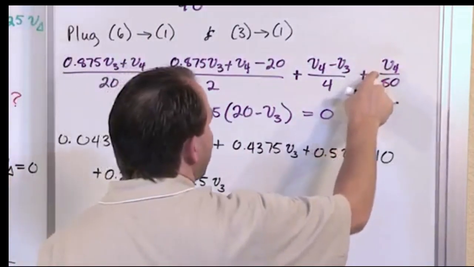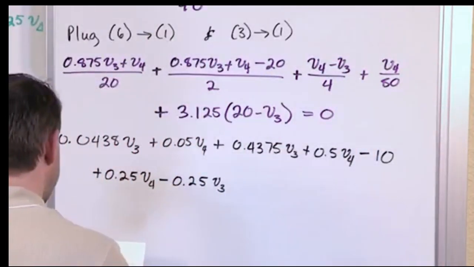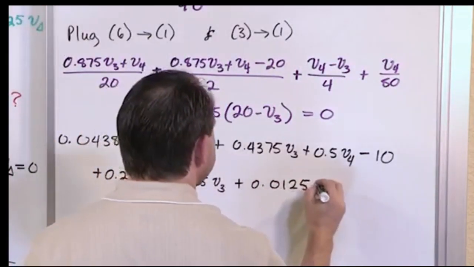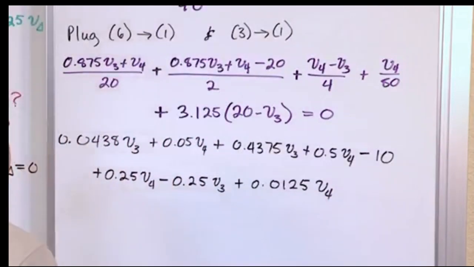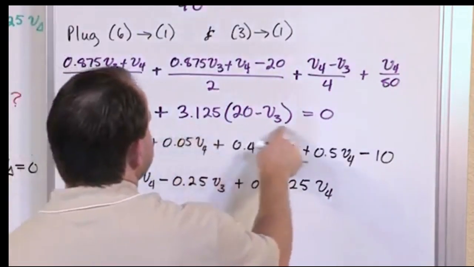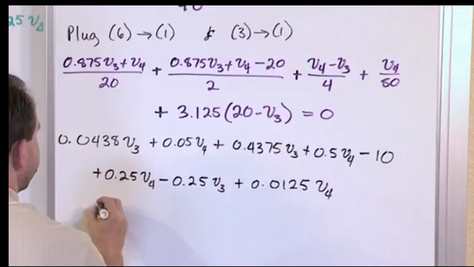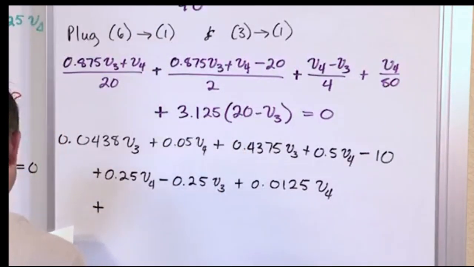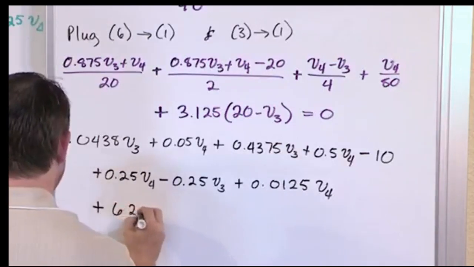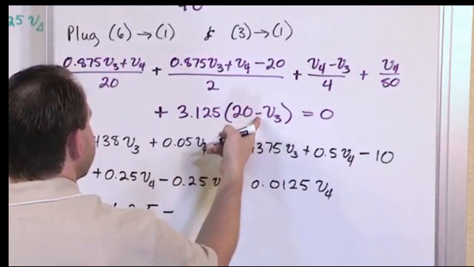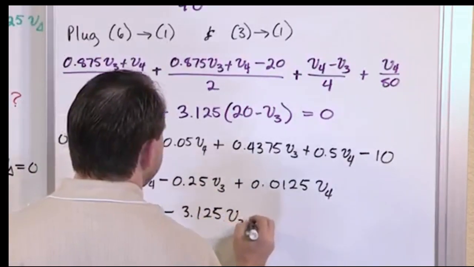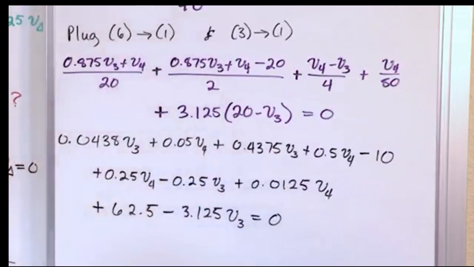Okay, and then over here, 1 over 80. 1 over 80 is 0.0125 V4. Okay, and then I have this stuff here, and again, I ran out of room, so I'm going to just do plus 3.125 times 20. 3.125 times 20 is 62.5, and then I have a minus sign, 3.125 V3 equals 0. Now I can promise you this looks really ugly, but it's going to get really simplified quickly,